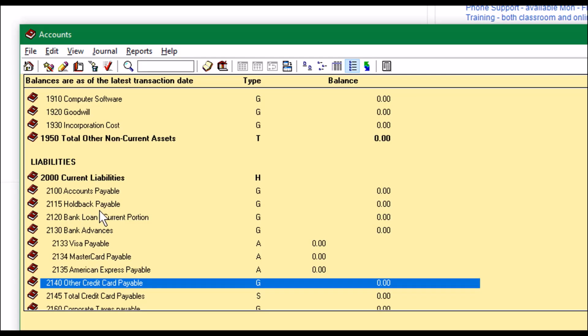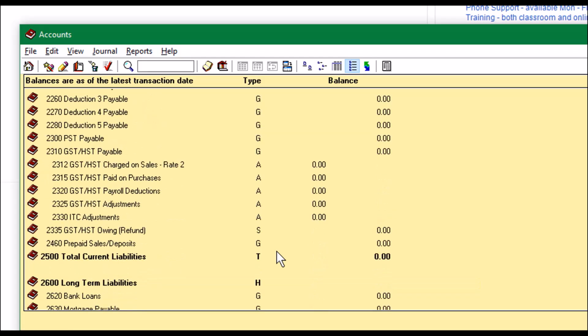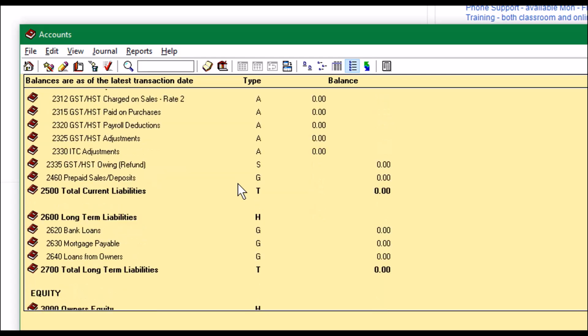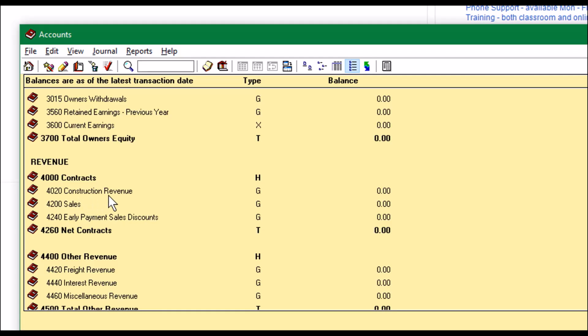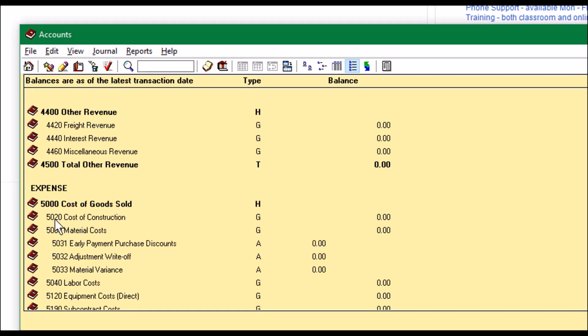There's a holdback payable. You may need to create this one. It doesn't usually appear when you download the chart of accounts provided by Sage. There's also your credit cards, if you're going to be tracking credit cards using the miscellaneous expense features in CoreCon. If we scroll down a little bit farther, there's also at least one reference to sales tax that we'll need to create. And finally, we'll need at least one contract or construction revenue account and cost of goods sold or cost of